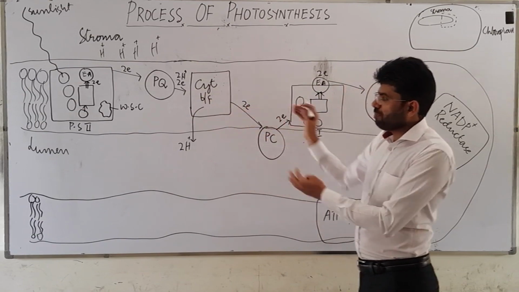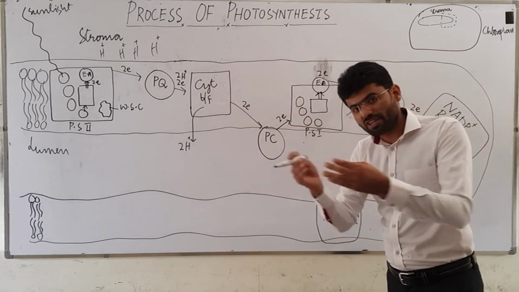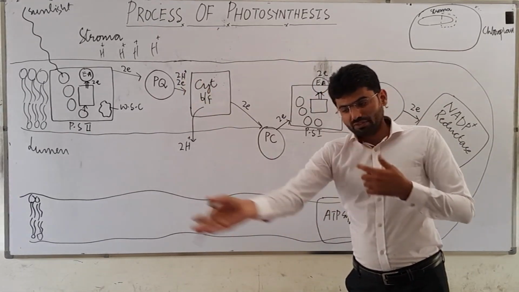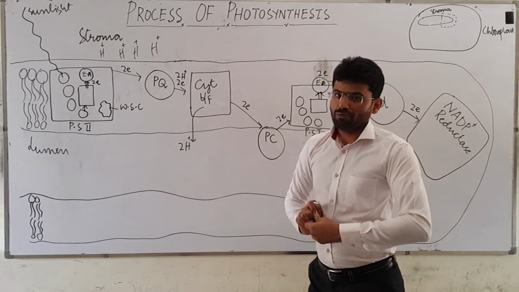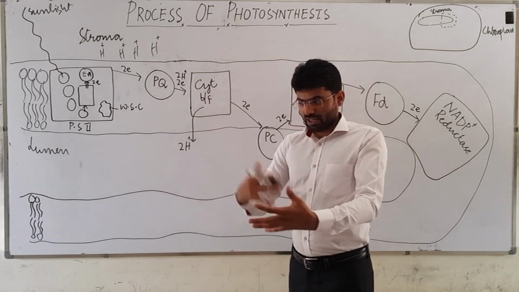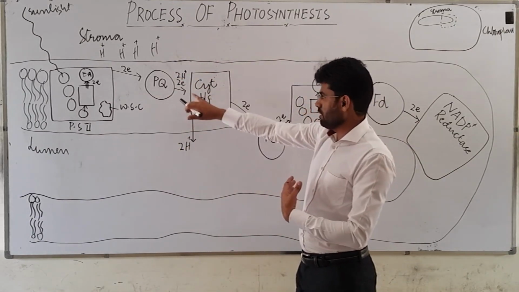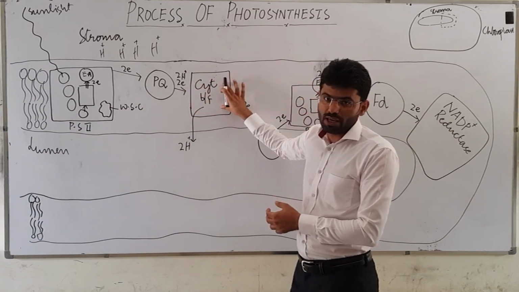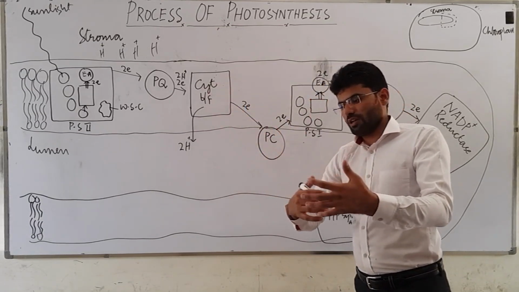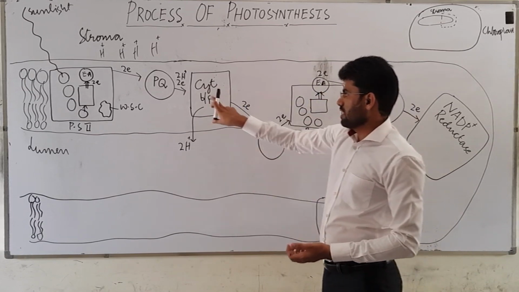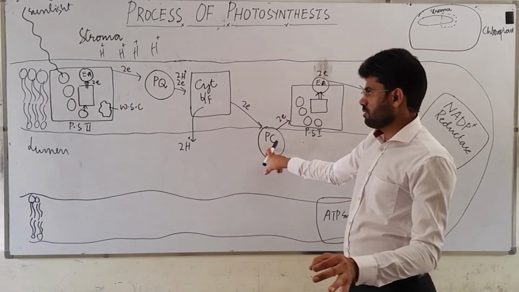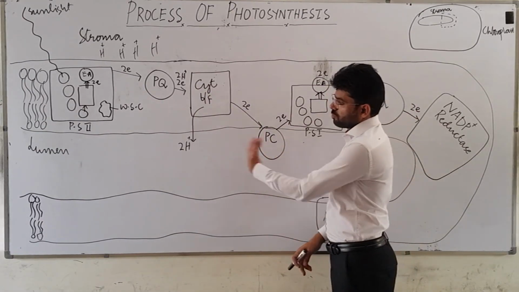Now, the whole purpose of this light-dependent reaction is to transport the electrons, not to transport the protons. But as you know, whenever there is a movement of electrons from one place to another place, and if in the surroundings protons are present, they will be attracted towards the electrons. So this cytochrome b6f complex will separate the electrons from the protons, and then it will give two electrons to another mobile electron carrier molecule, which is found at the luminal side.